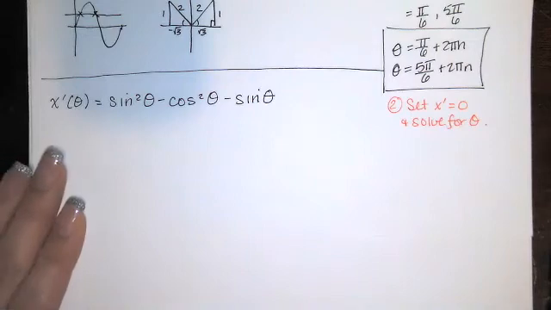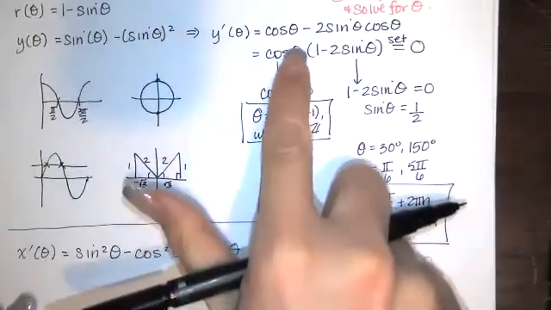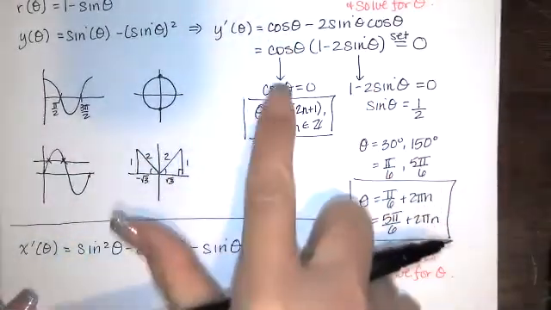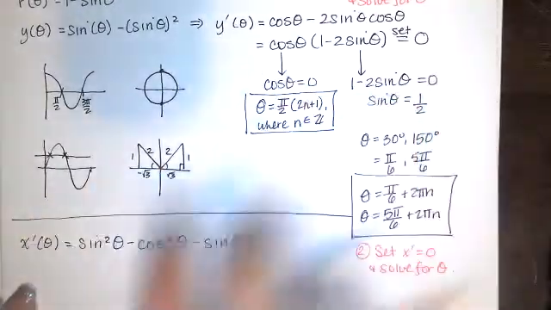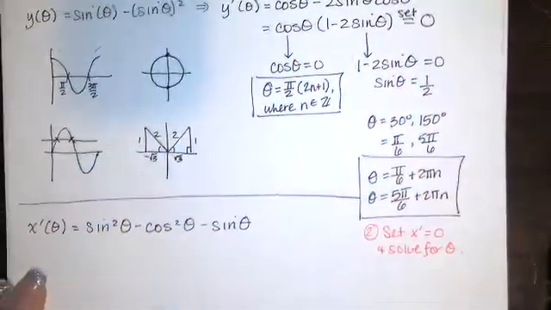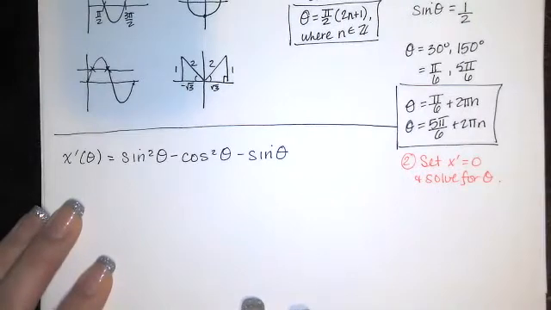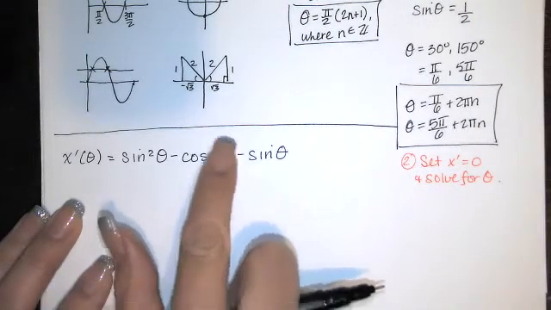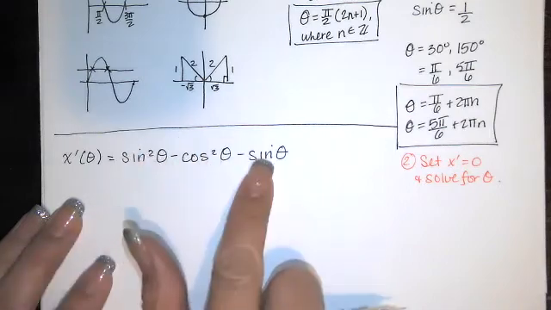Now the problem with this is I've got two trig functions, cosine and sine, and it doesn't factor nicely like this one. It eventually factored until I had two equations involving a single trig function, and then I could solve those equations pretty easily. But that doesn't happen here. So I've got the sine squared and the cosine squared, and this cosine squared doesn't have anything in common with these guys, but